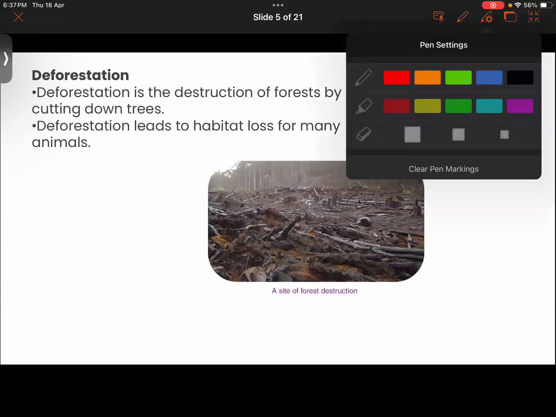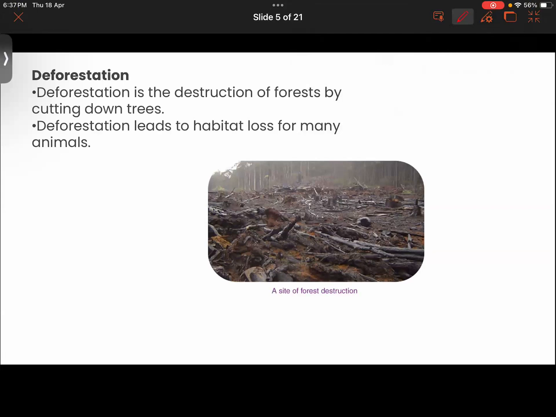Okay, anyways. So let's talk about deforestation. So deforestation basically, what is it? It is basically large scale cutting down of the forest. Like if you cut a few trees, it will not be called deforestation. But if you were to cut the trees on a large scale, then it will be called deforestation. Deforestation not only harms the wildlife, but it harms the human population as well. How will it harm the human population also?